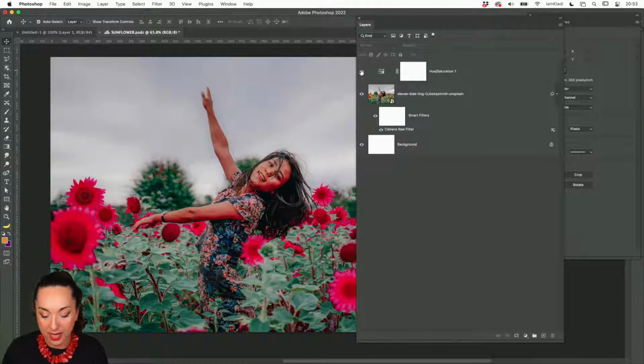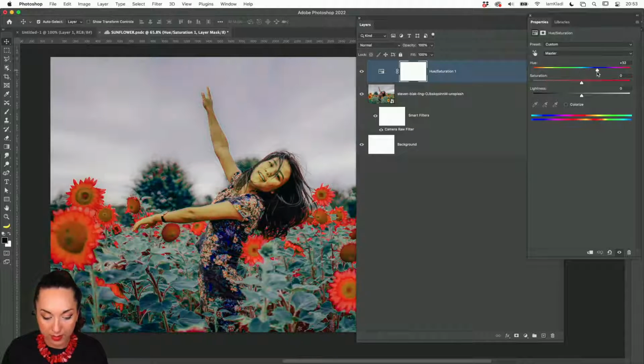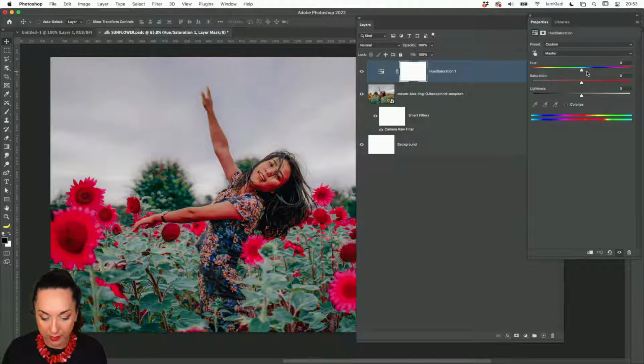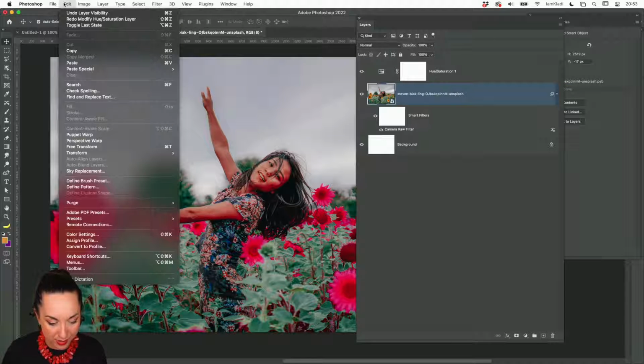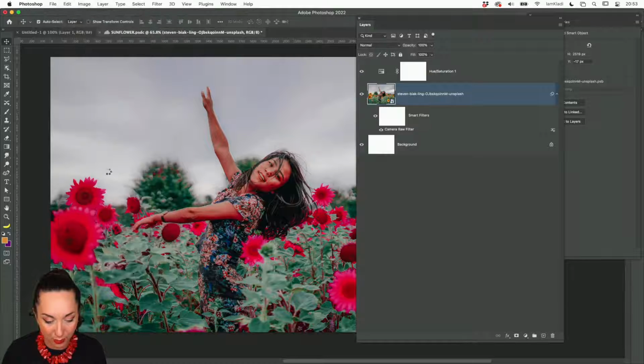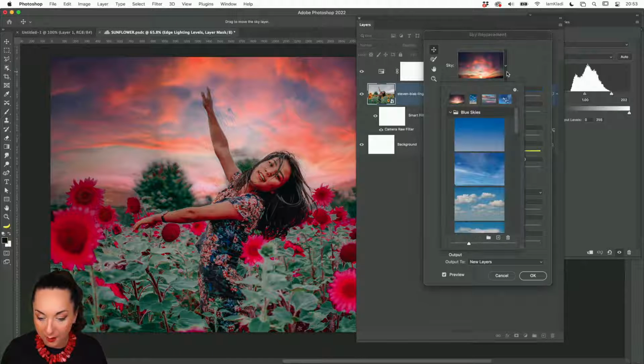Now, you know what? I thought that was a silly idea. We do not want these flowers to be red. Oh, it looks like I'm changing everything here. Let's use this little color picker to pick a specific color, or maybe let's do something even a bit more bonkers. I know I'm stretching time, but we're going to make it because things are fast here. So if we use something like sky replacement on our photo, let's do that real quick. Again, I'm not saying that I'm improving this photo, which is actually really nice, but let's pretend that